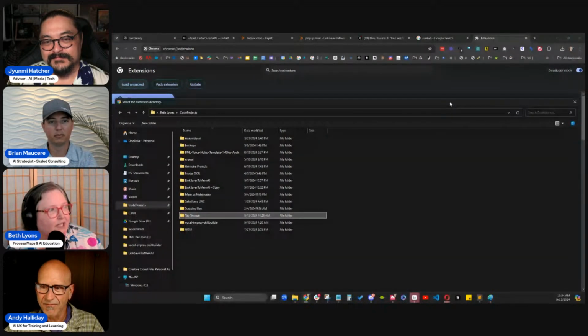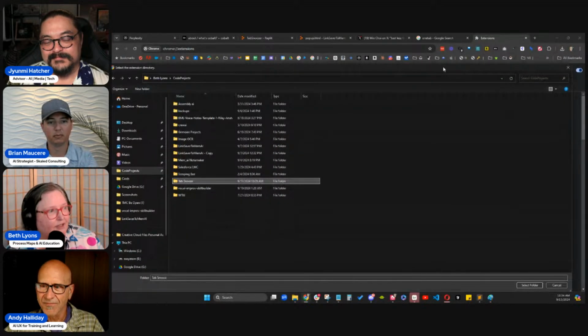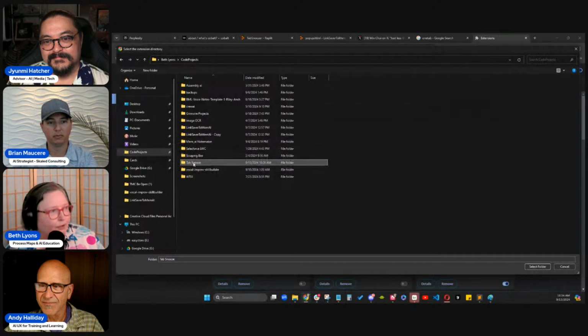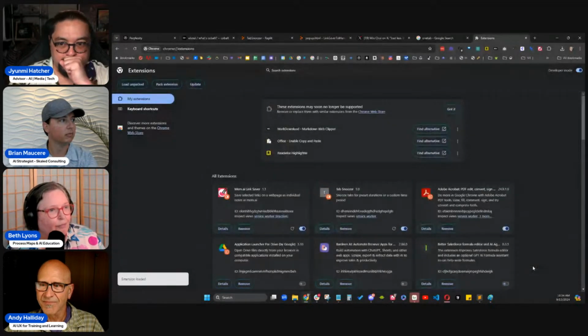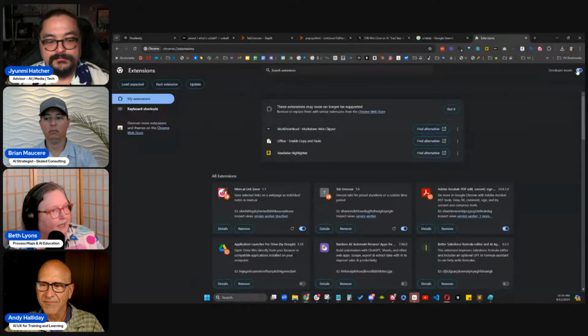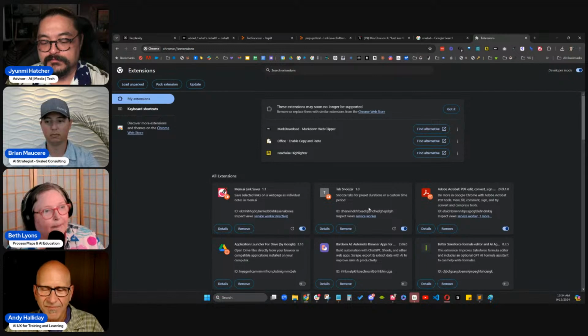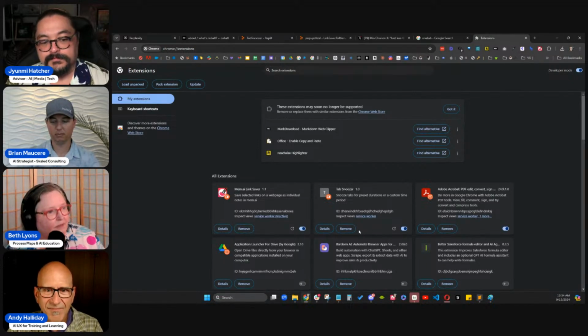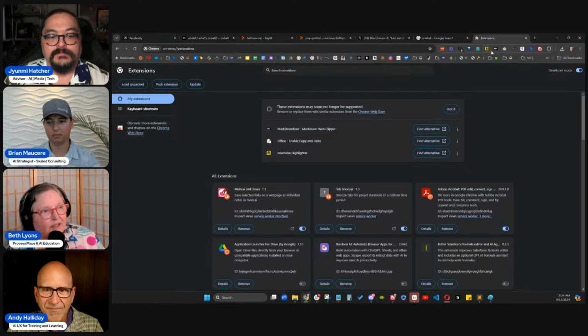And that's what I've selected. It's saying select your directory, your folder. So I'm going to select that. And I'm in developer mode, which is why that needs to be there. And here's Tab Snoozer. Now that has been loaded. Let's see if it works.